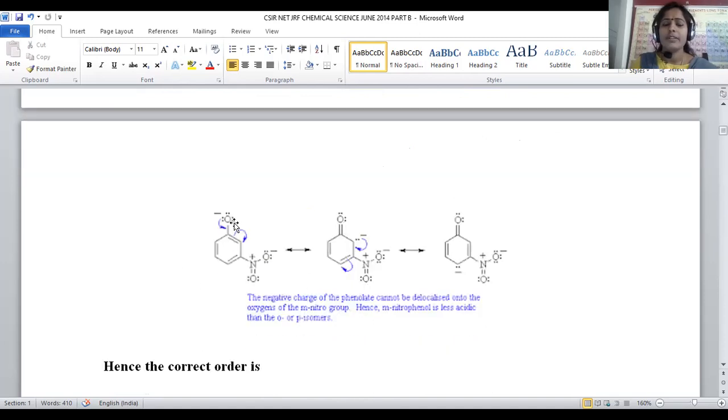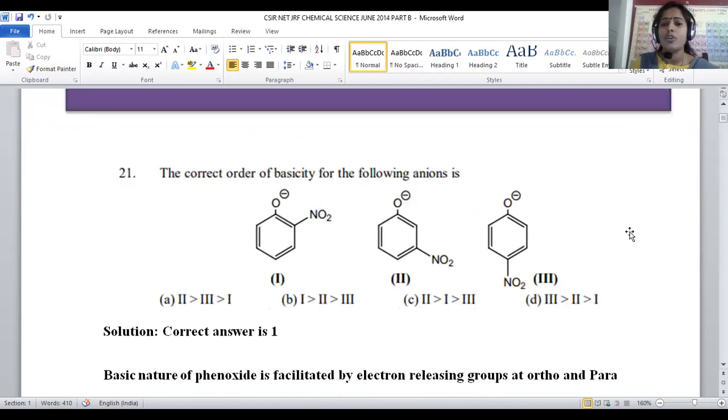So when phenoxide is there, what happens here? Nitro, being electron withdrawing, attracts the electrons, but the negative charge does not move towards the nitro functional group when it is present at the meta position. This means there is no direct electron pulling by the nitro when it is at the meta position. You can clearly observe that the negative charge is localized at the ortho and para positions. So here the electron density is not much destroyed by substitution at the meta position. So it will become somewhat more basic among the given 3 options. So option number 2 has the higher basicity.